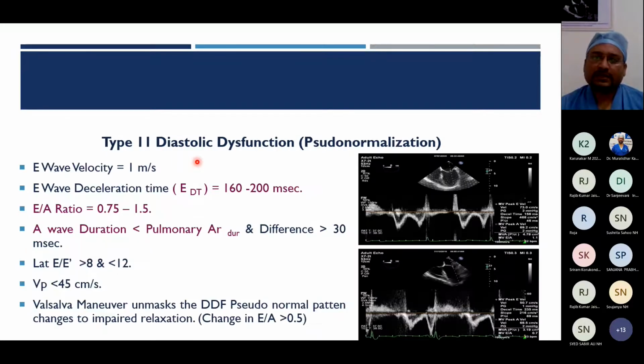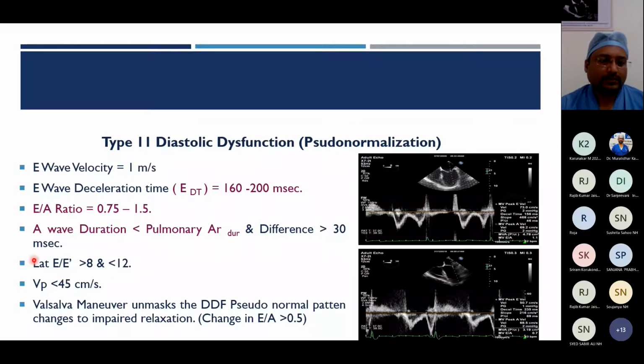Type 2 diastolic dysfunction is also called pseudonormalization, where E wave velocity resembles that of a normal one meter per second. E wave deceleration time is again between 160 to 200. E by A ratio is 0.75 to 1.5. The parameters of mitral inflow are all equal to that of normal diastolic function. So we have to opt for other methods to differentiate the real diastolic dysfunction from the pseudo diastolic